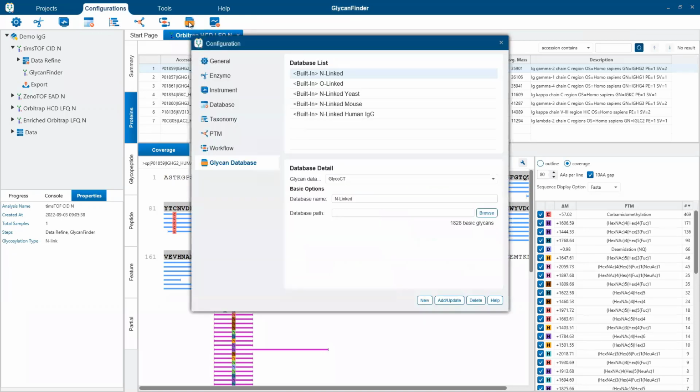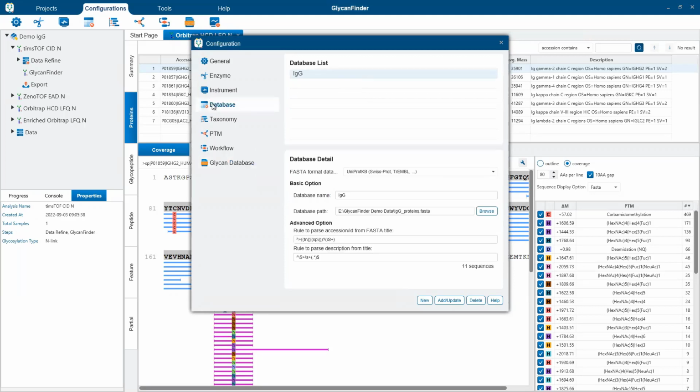So let's click here, and you can see that we have some built-in glycan databases. We have N-linked, O-linked, specific to yeast, mouse, and human IgG here. Those are the built-in databases, and these are provided in GlycoCT format, but we also accept GDB glycan databases.